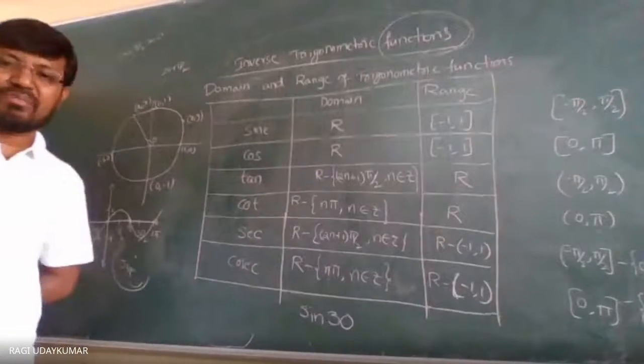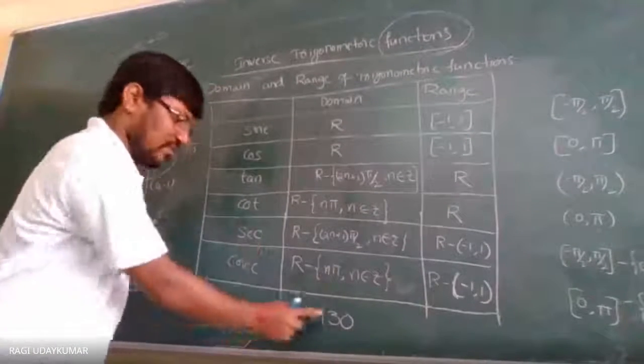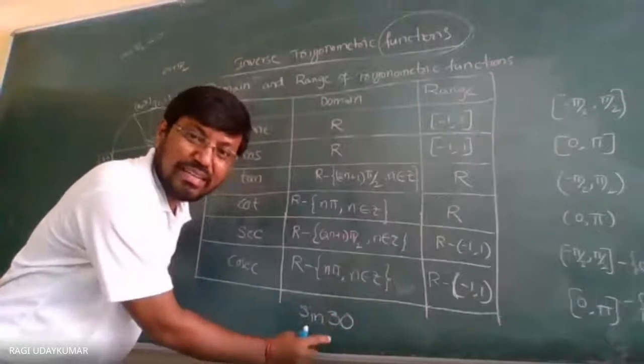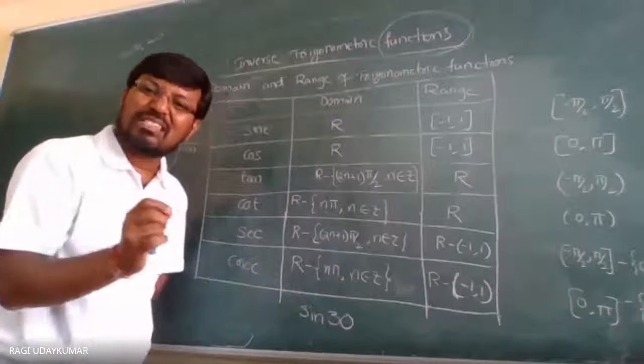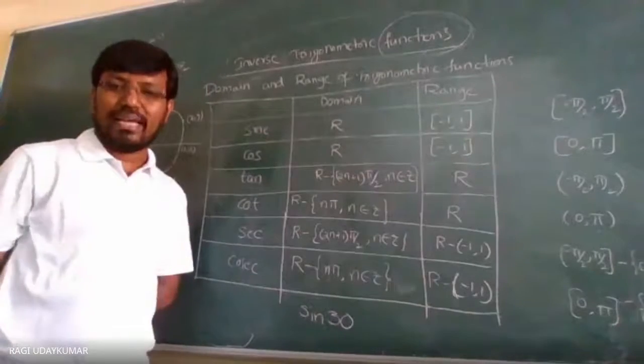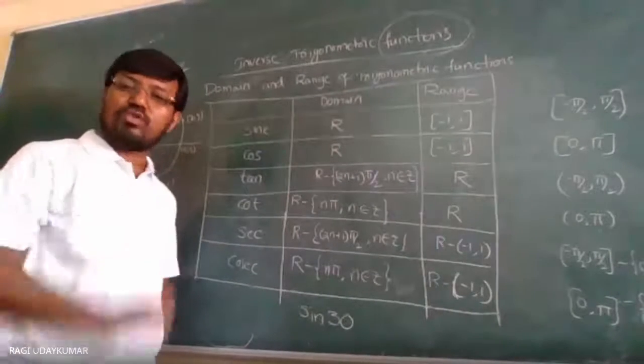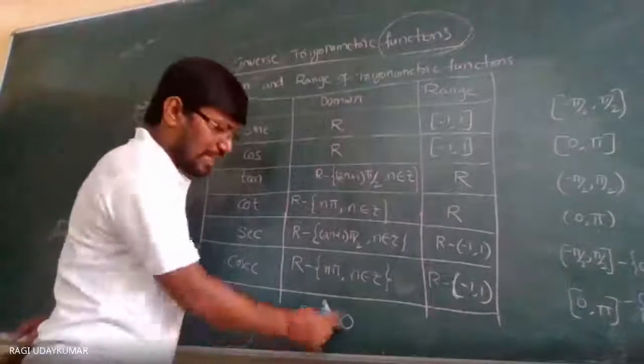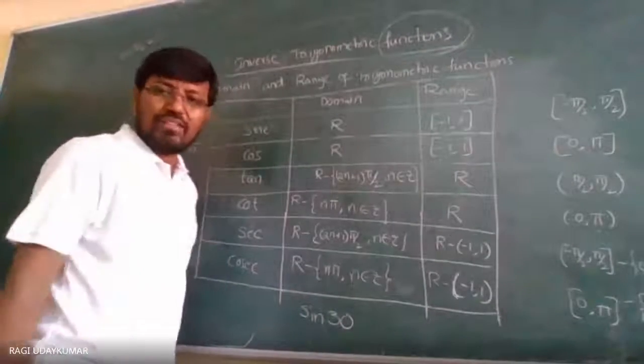If anything is not mentioned, this is a real number. It is nothing but a number. A number is nothing but 30 radians, which should be taken into consideration. This is what most students get confused about. Whenever it is asked to use sine 30,